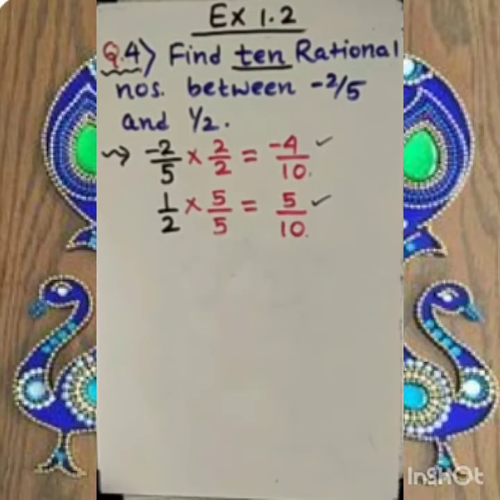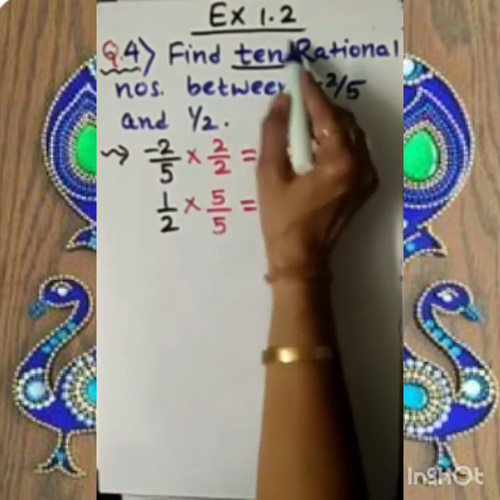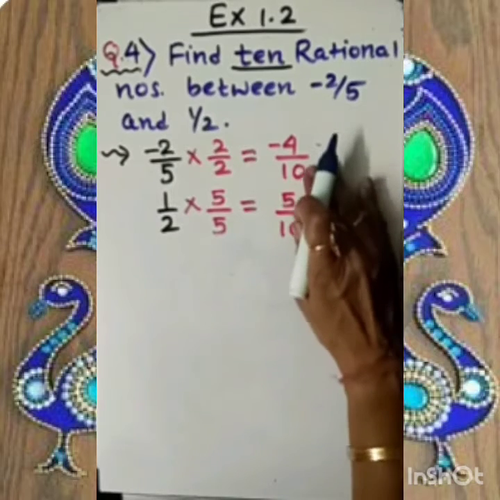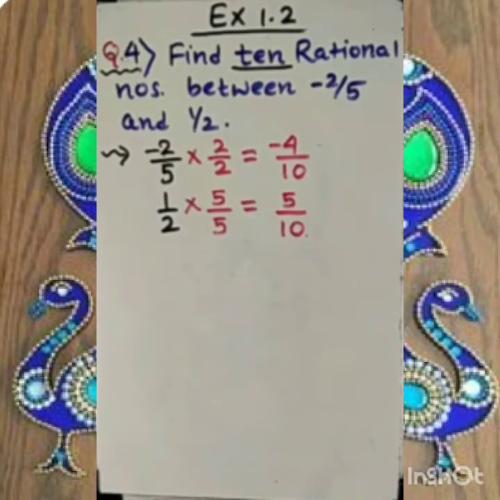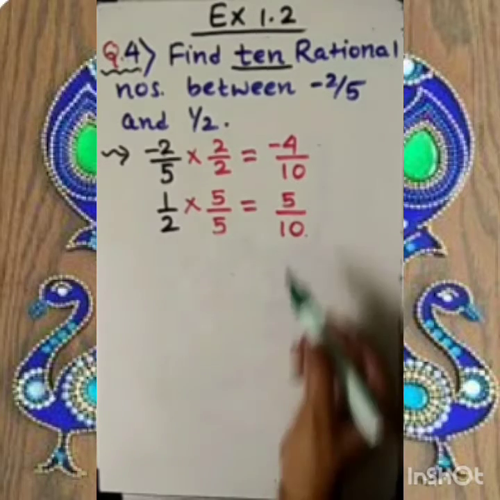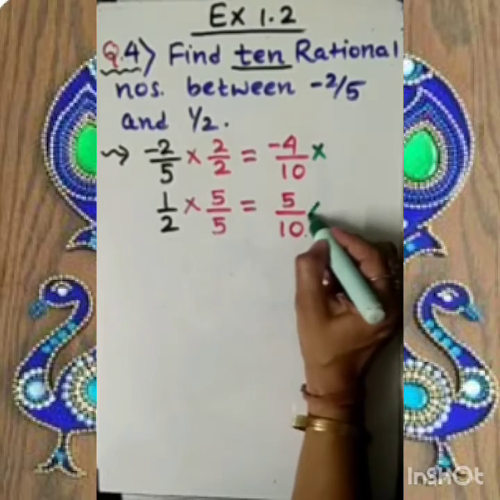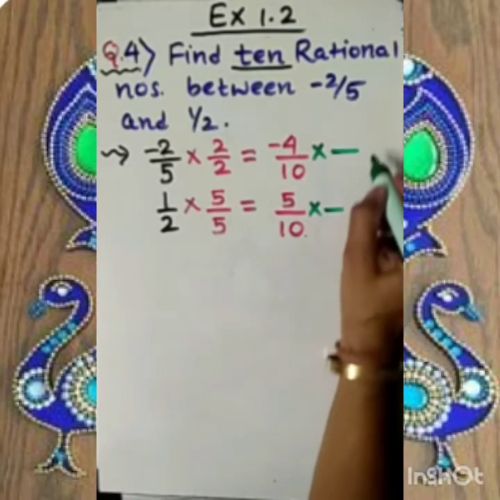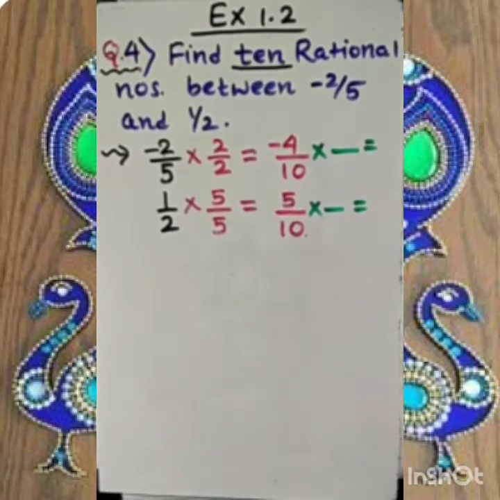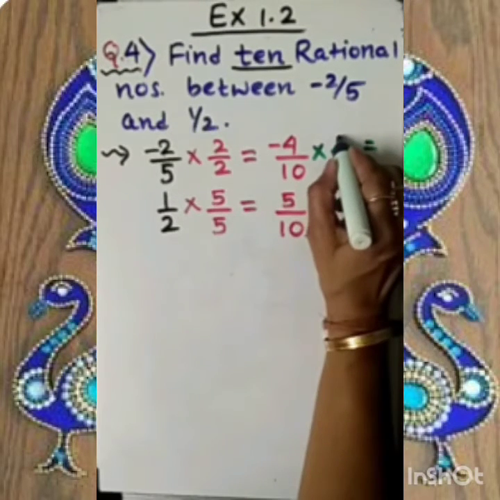So in such a case, we want 10 numbers. So my dear student, in such a case, one extra thing we have to do: after bringing them in like fraction, we need to multiply them with some number. Now, with some number, what I want to say with that? Simply, I should say you need to multiply and divide by 10.